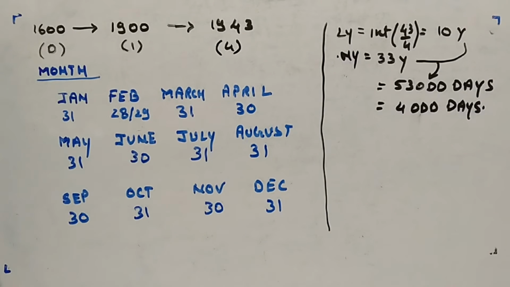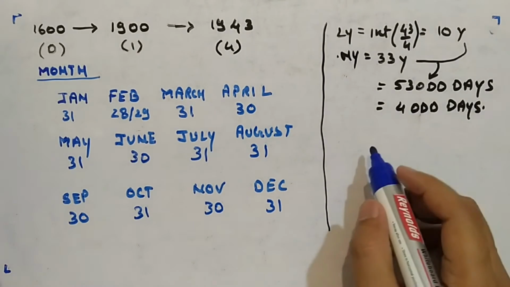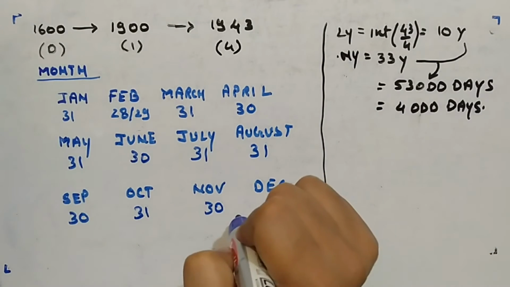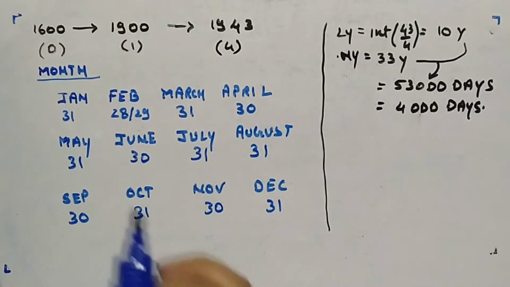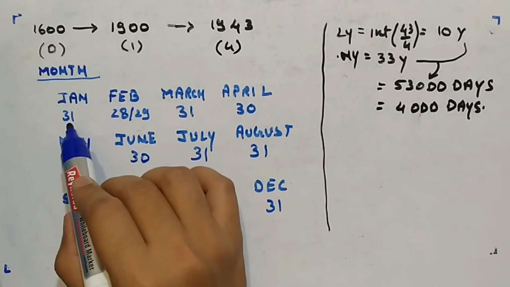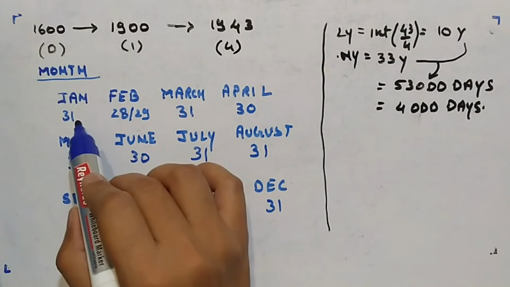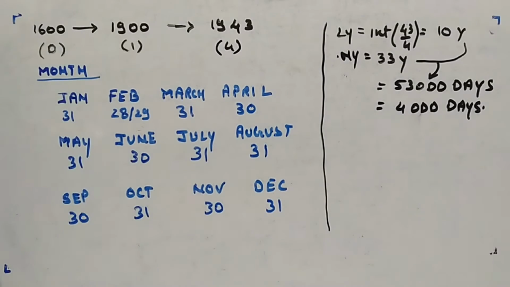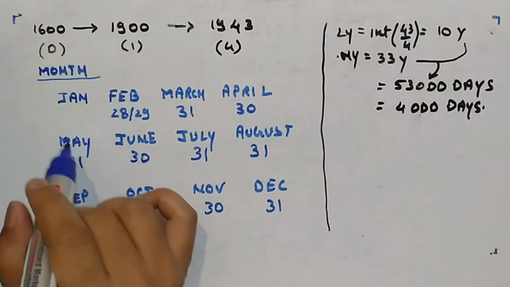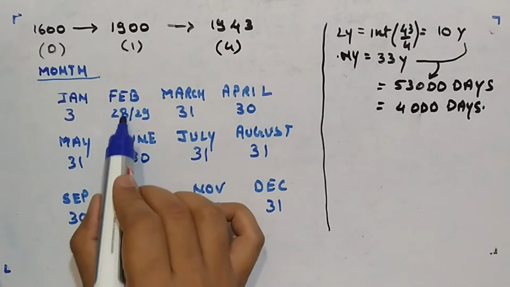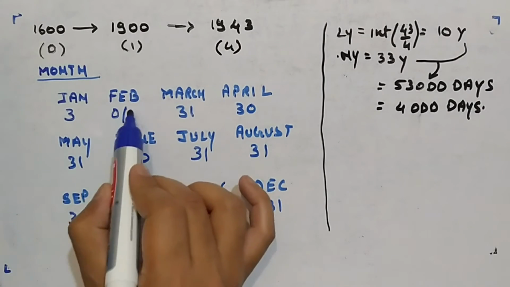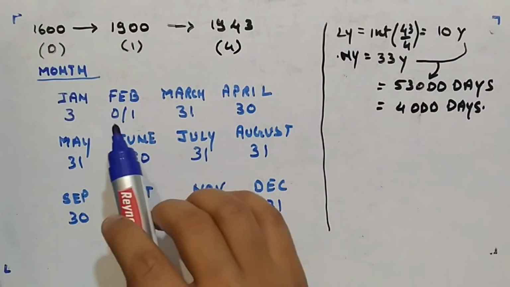Now how are we going to use this? How many odd days will be there in these days? Divide by 7, that's all. If you divide 31 by 7, 7 into 4 is 28, and the remainder will be 3, right? I'll write the remainder. Here the remainder will be 0, here the remainder will be 1. So I'll write 0, then 1. I am dividing by 7 and writing the remainder only.